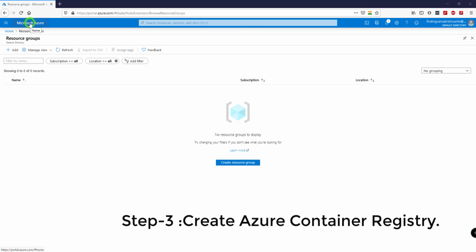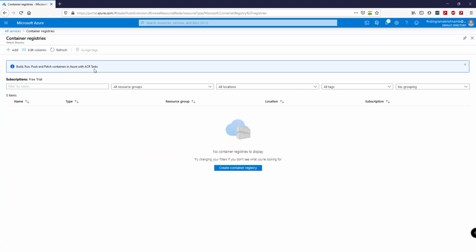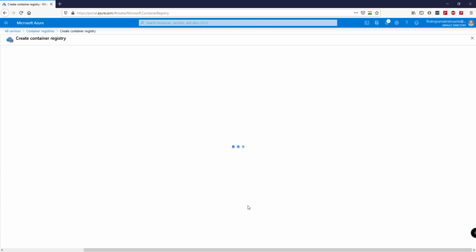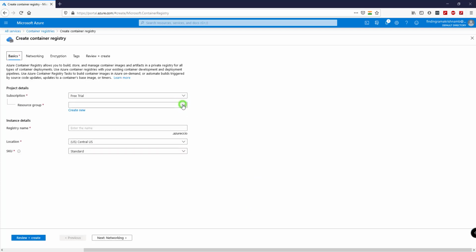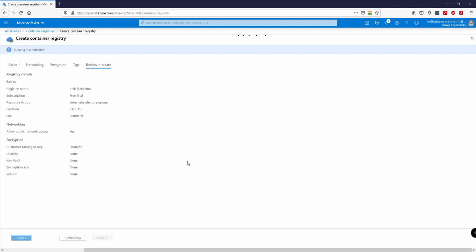To create Azure Container Registry, go to home, click on more services, click on container, select container registries, and create a new container registry. Select the resource group we previously created, give a container registry name, let the location be the default, and review and create this container registry.